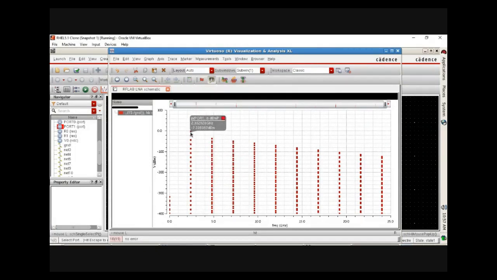What you can see here is your fundamental term, which is at 2.4 gigahertz, which is having an amplitude very close to minus 4.6 dBm or minus 2.5 dBm. You have seen that I have given an input amplitude of around minus 20 dBm, I guess. So there is definitely some gain. And then this 4.8 is your second harmonic. Then this is a third harmonic, and you can see many harmonics. Since I have selected up to 10 harmonics, you can see all the 10 harmonics along with your fundamental component here. I hope this is clear.